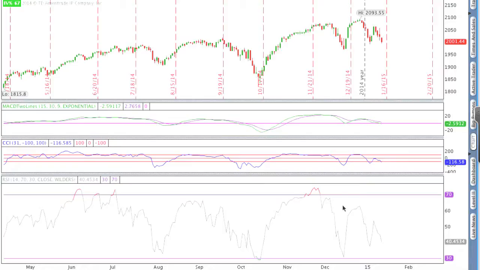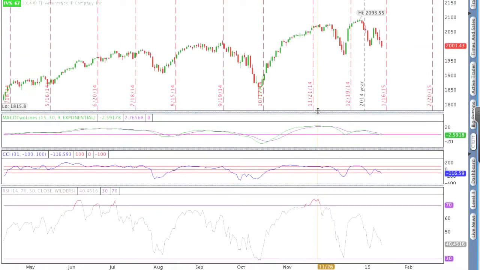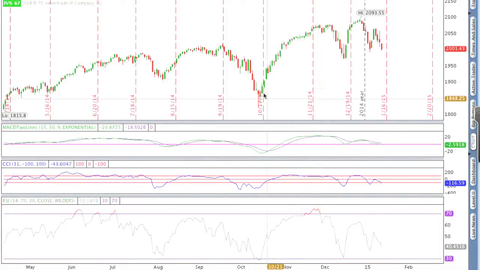Now, when we look back in time again with CCI and MACD, and let me just smush these down just a little bit. Here's the look at the S&P 500. You can see that we did get a reading all the way down here on RSI below 30, which ended up being almost a perfect buy on the market because stocks really bottomed out from that point and continued to